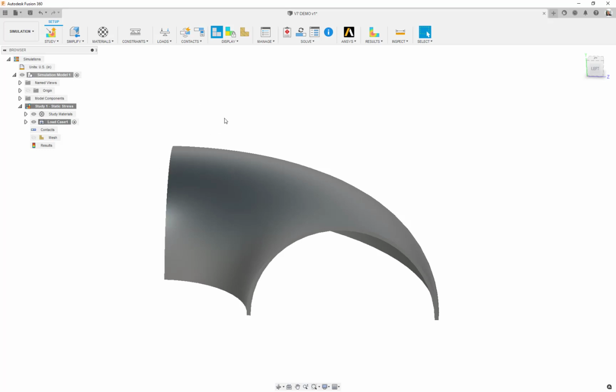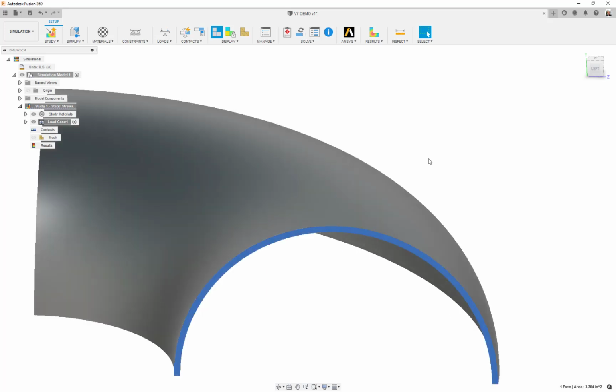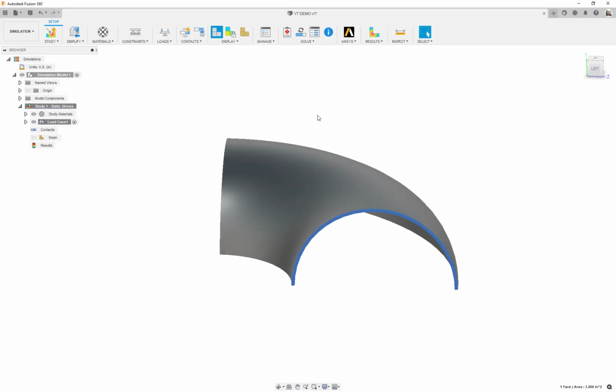So the constraints are probably the most tedious thing to set up. We do need symmetry conditions on 4 different faces. So this face, since it's facing me, let's start with that one. So for our symmetry conditions, because we've sliced through what would be a full model, we always constrain the translation